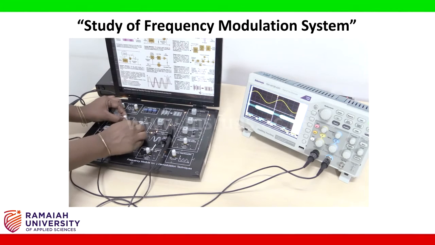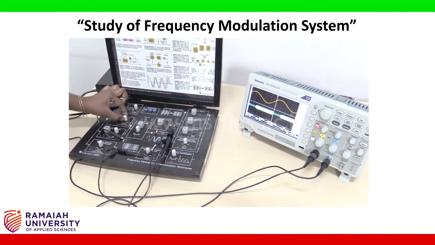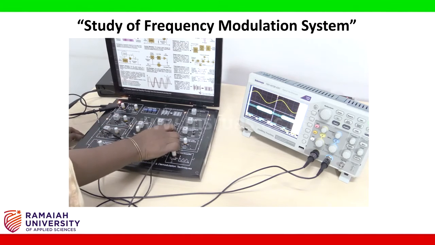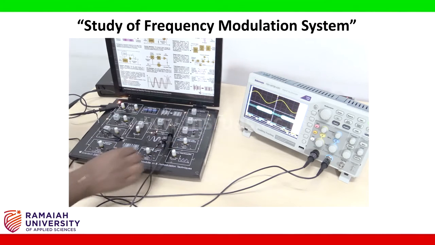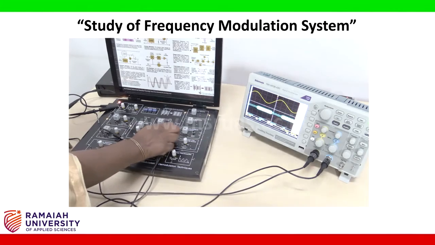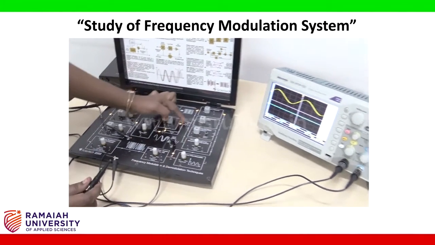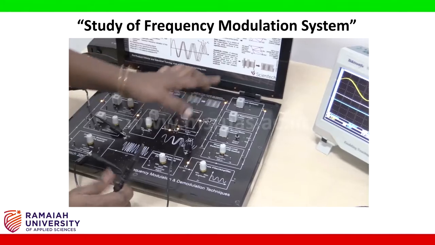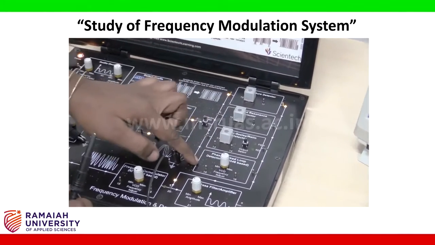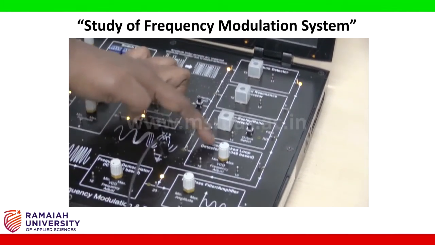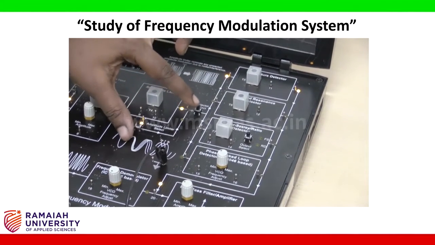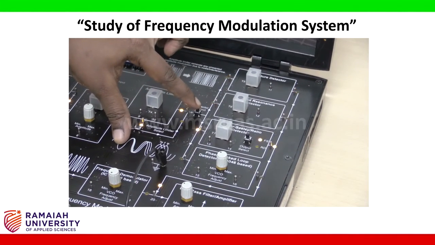You can tune it along with these two knobs, that is the mixer amplifier gain knob, and also the reactance modulator's reactance selectivity knob. Now we will verify whether the demodulation of this wave is representing the message or not. So first, take the detector of your choice. So first, out of all the 4 detectors available here, the phase locked loop detector is being selected. So select the switch by pressing it 3 times.